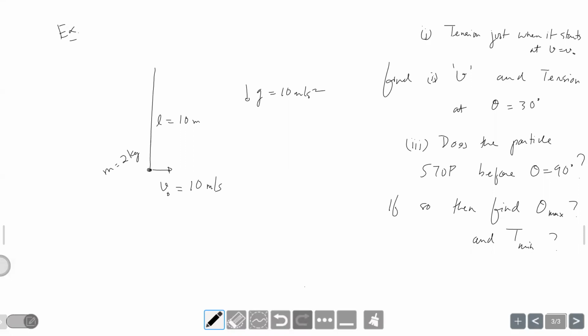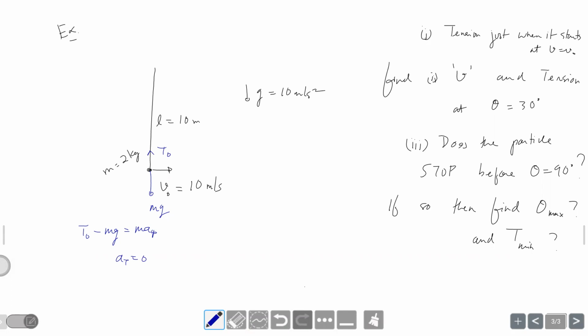Okay, so how much are we getting the tension at the initial point here? Run the calculation. These are the forces at the initial point. So we have tension minus mg is equal to mass into the centripetal component of acceleration. And here the tangential component of acceleration will be missing. So just at that moment there is no tangential acceleration. Later, of course, there is tangential acceleration.